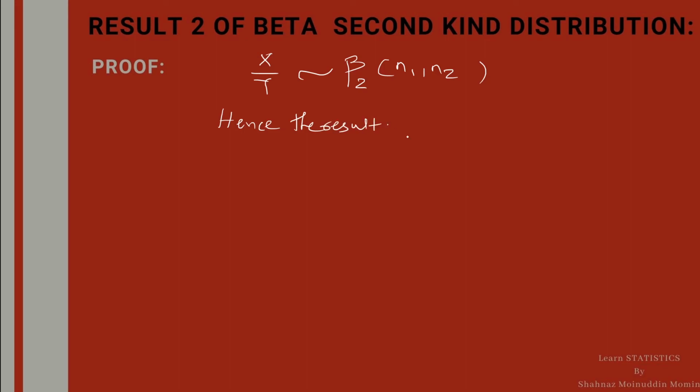In this way, in this lecture, we learn a result that the ratio of two independent gamma variates is a beta distribution of second kind, and we simplify the expression of distribution of X upon Y with the help of two independent gamma variates and the theorem of bivariate transformation of random variables. I hope students understand the proof of ratio of two independent gamma distributions, and the resulting distribution is beta second kind.